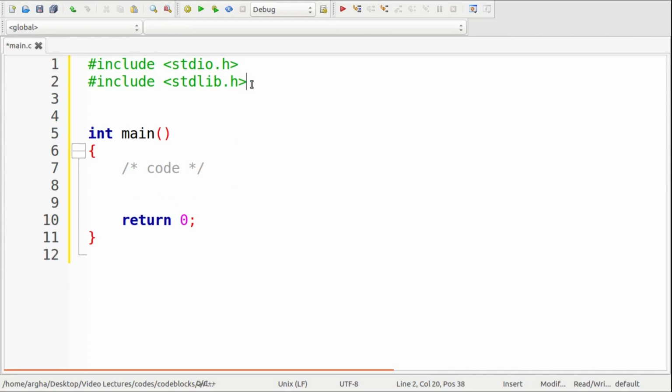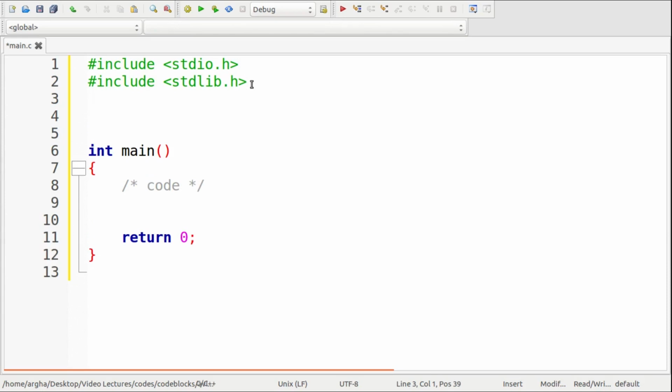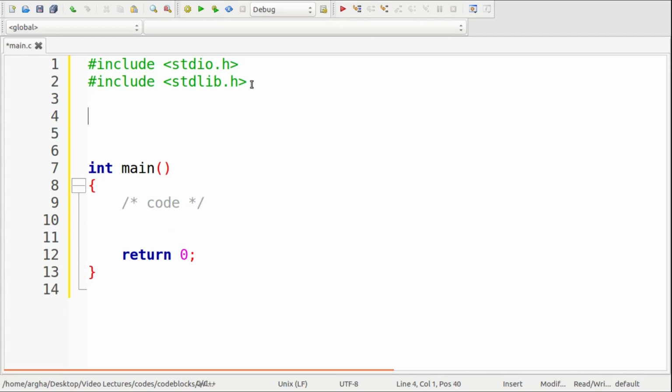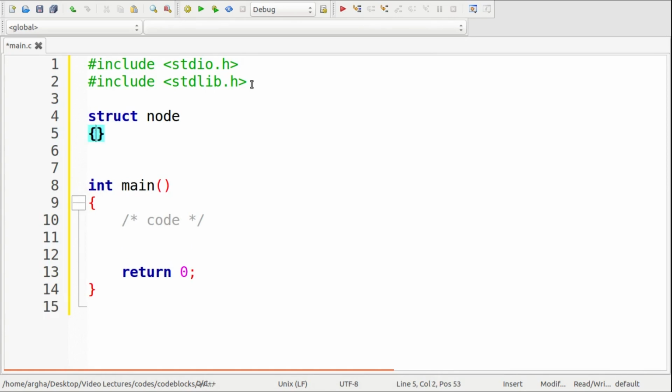So we'll be starting with first defining the structure of the nodes of the AVL tree. We have already seen the structure of the nodes of all the binary search trees or binary trees. The only difference here is that apart from the data value and the pointer values, we'll be having another field which is called height, because that's what we are going to deal with whenever we are talking about an AVL tree, that is, balancing the tree in terms of height. So let's first just define the node. So struct node,